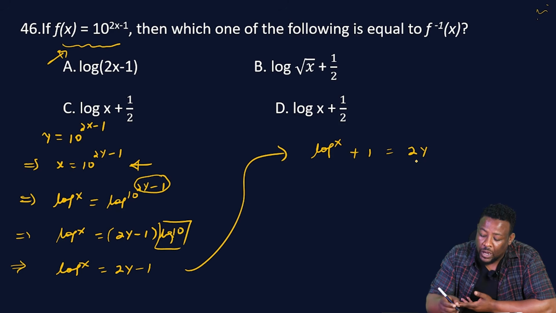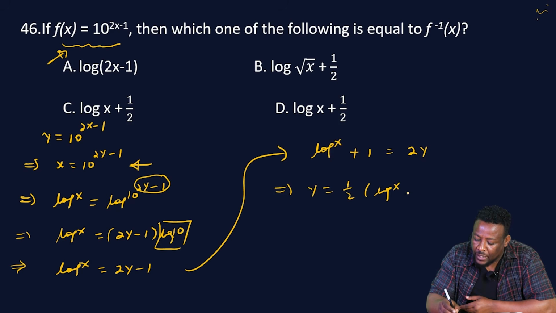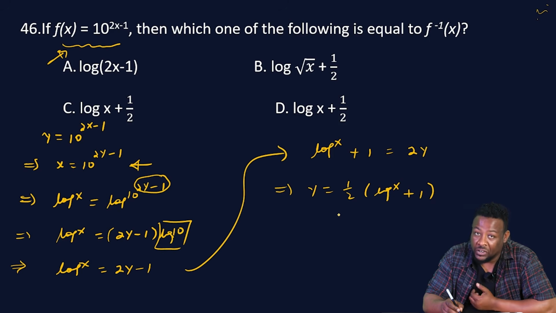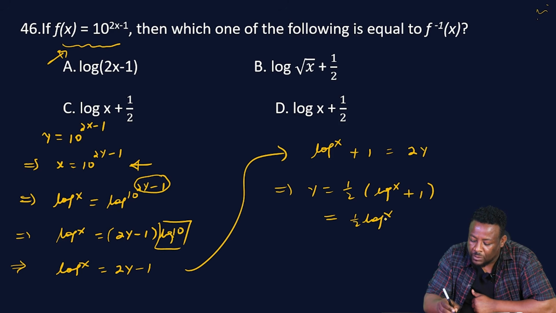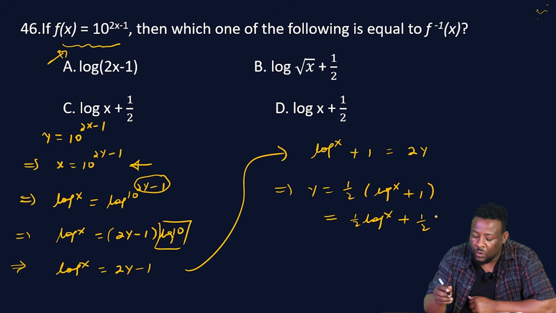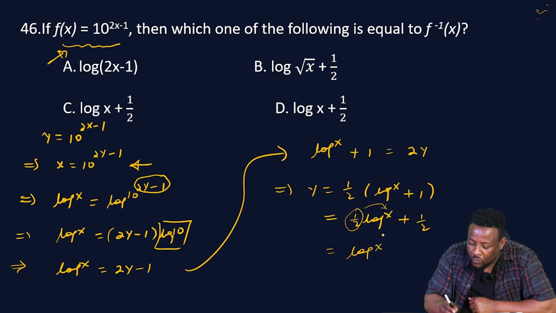So dividing both sides by 2, y becomes half of logarithm of x plus 1 ይሆናል ማለት ነው። ሶ ይሄንን ቀጥታ ምርጫ ውስጥ ስለማናገኝ ሪራይት ማድረግ ይጣበቅብናል። ሶ ሪራይት ስናደርግ ምንድነው የምናገኘው? half of logarithm of x plus 1/2 እንደማለት ነው። ኦኬ እቺን half based on the property of logarithm ወደዚህ ማምጣት እንችላለን። So this becomes logarithm of x to the power of 1/2 plus 1/2 ሆነ ማለት ነው። x to the power of 1/2 ማለት ደግሞ radical x ማለት ስለሆነ ይሄንን logarithm of radical x plus 1/2 አድርገን ልንጽፍ እንችላለን ማለት ነው።